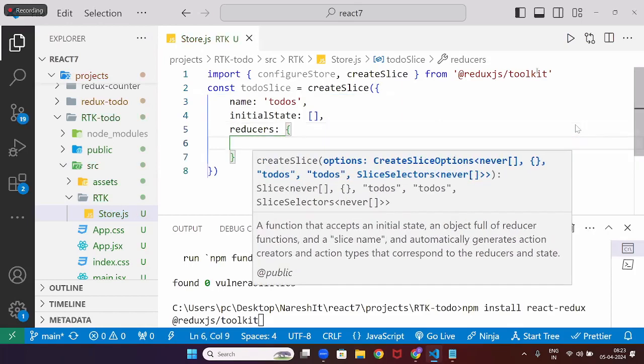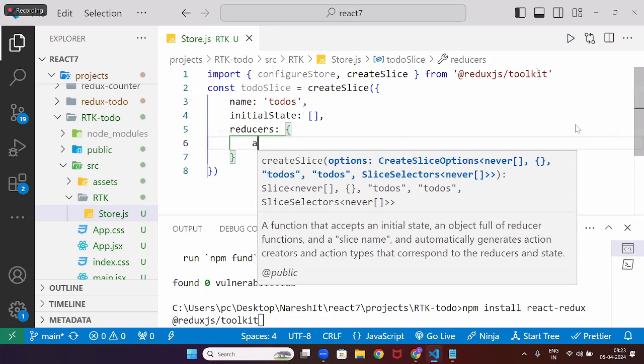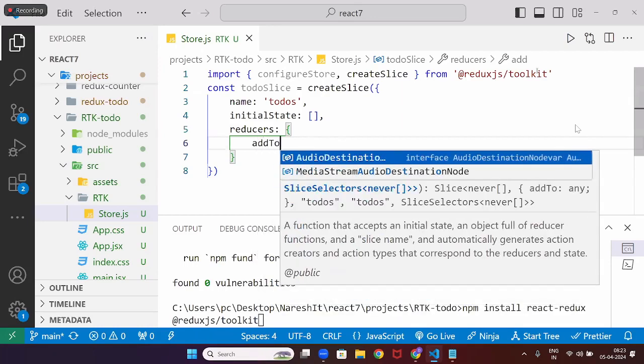Now in this reducers, you can create as many actions as you want. This is very interesting. People will think reducers means so many reducers will be there. No, reducers is an object which will take multiple actions. In our earlier language, like case add, case delete, case increment, you will write those things now, same like cases. You don't need to write case. You can directly write the side heading. It will consider it as case, a key-value pair. Okay, so if I write it here, addTodo,